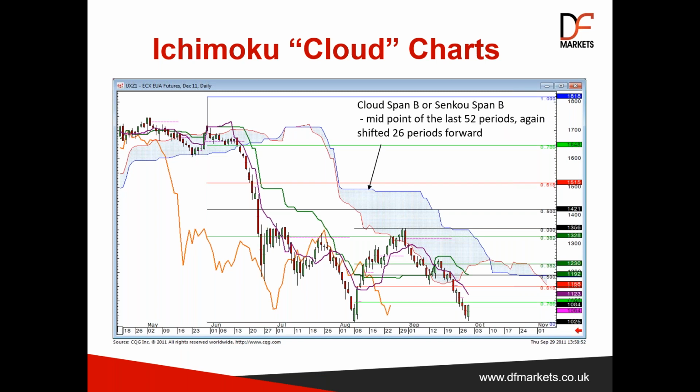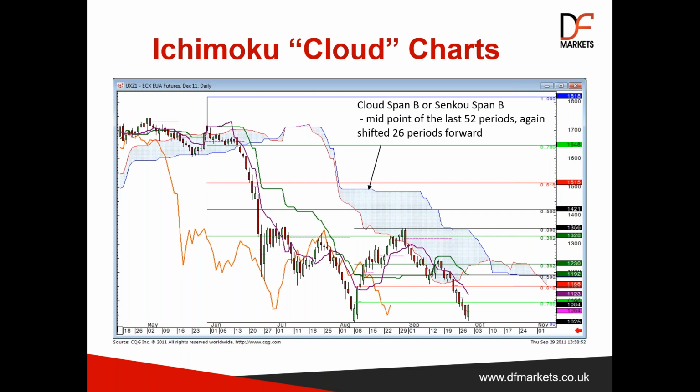Cloud span B is the midpoint of the last 52 periods, and again is shifted forwards by 26 periods. So this is all a little bit complicated, but it's all there on the slides, and you can go back and have a look at this at a later date if it's something you are looking to really read up on, if you like. So yes, cloud span B is the midpoint of the last 52 periods, and again we've got that shifting forward